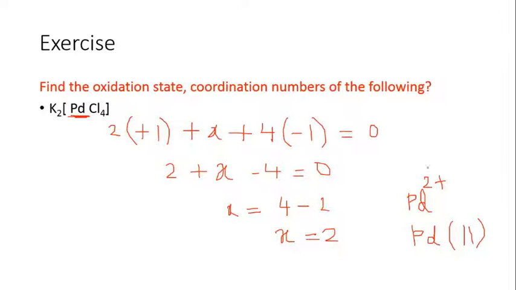Then how will you calculate the coordination number? Coordination number is the number of ligands which are directly coordinated to the central metal. So to the palladium, the number of donor atoms attached is 4, and each chlorine is a monodentate ligand. So chlorines are monodentate, so coordination number is equal to, mono means single, so 1 into how many chlorines are there? There are 4. So that is equal to 4. So the coordination number is 4. The oxidation state is 2 for this particular complex. We'll go to the next example.